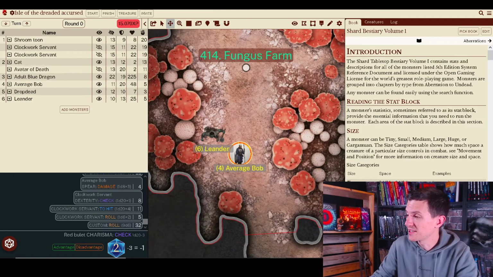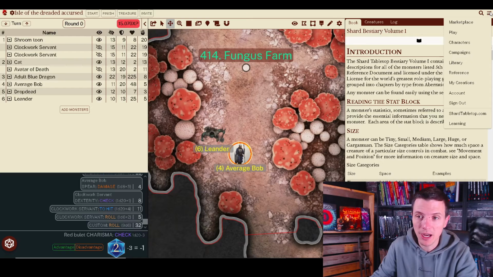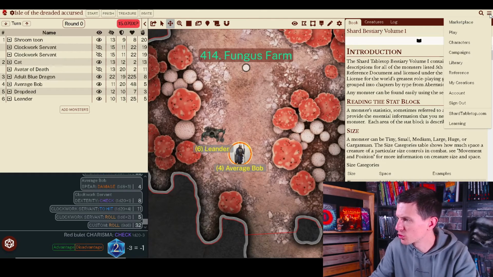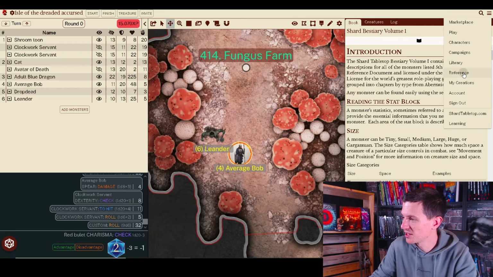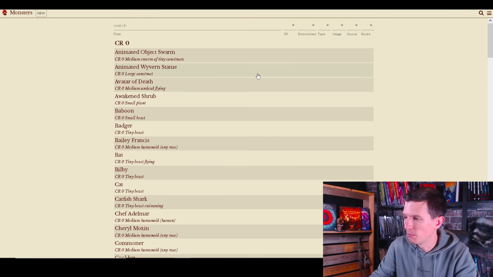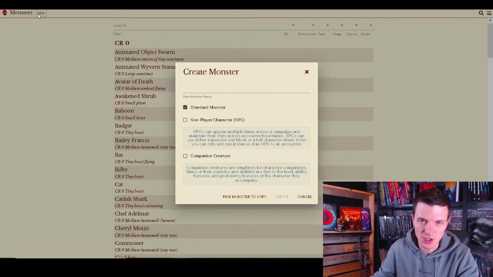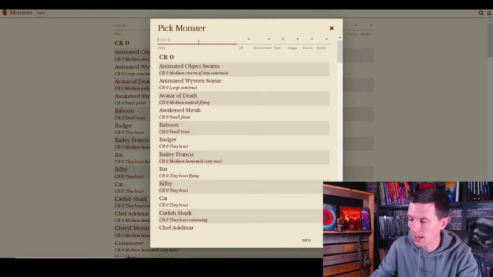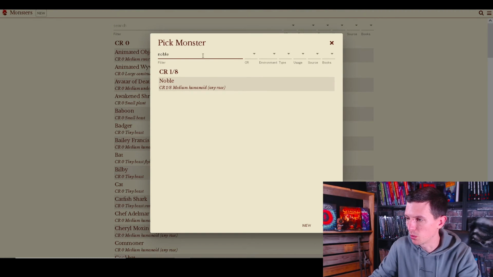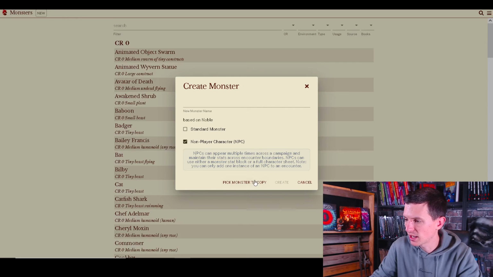Another thing we can create is an NPC, and we do that by going to the 4 tree bars on the top right. Yet again, going to the reference section, then go to monsters, and then create a new monster. Yes, it is in your bestiary, it is a monster, but it's not really a monster. Let's say we want to create an NPC based on a noble. You click the NPC section, you pick a monster to copy, and for example you pick a noble, right? Noble, and then you click